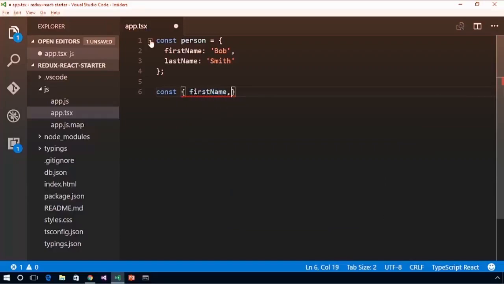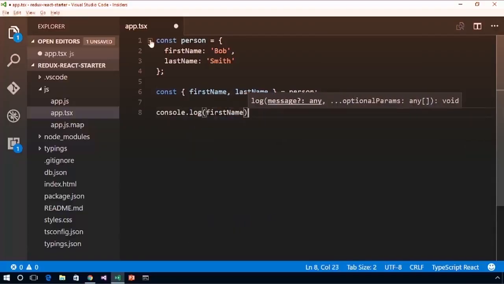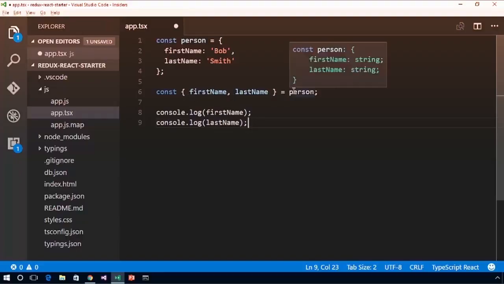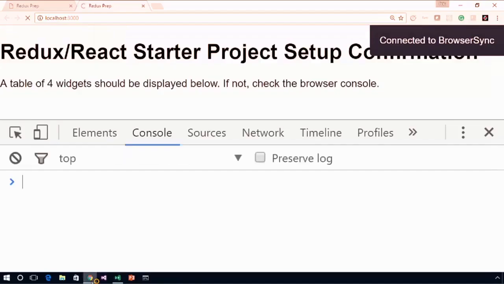So I could say first name, last name equal to person. See how that works? And so now basically what we're doing is declaring two variables, but these variables are going to be picked off of the person object, off of its properties. So now if I save this, and then I come back over to my web browser, you'll see it outputs